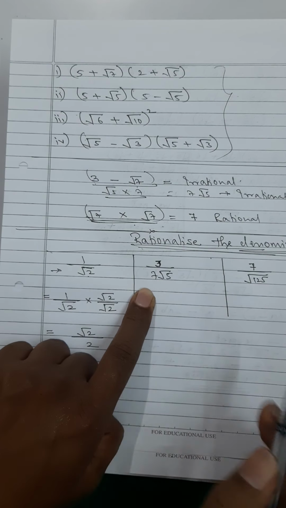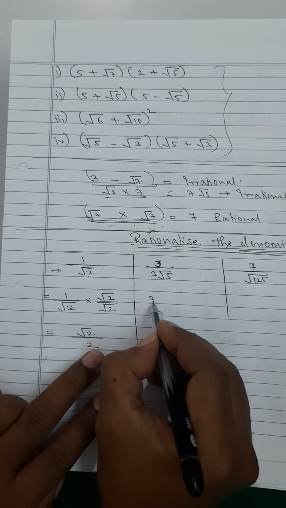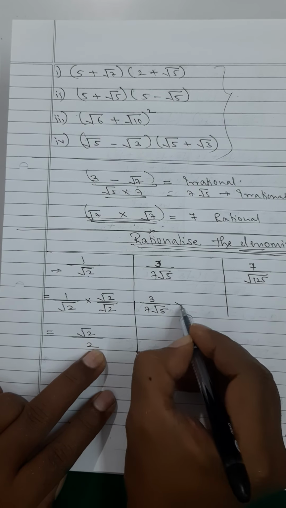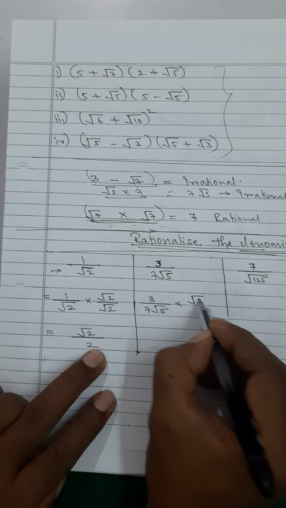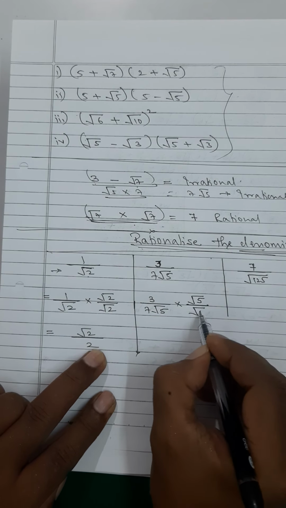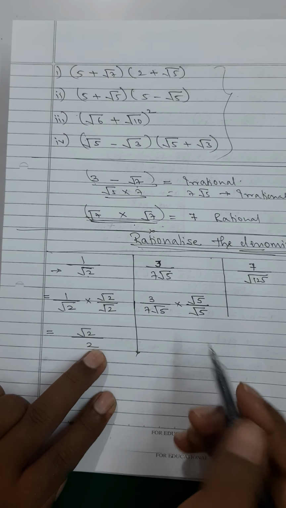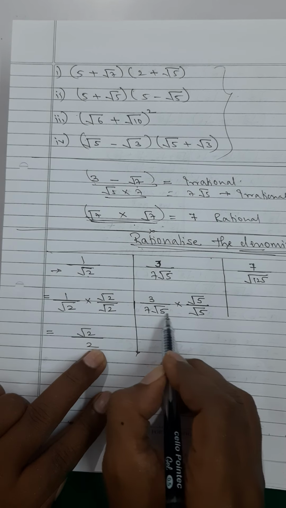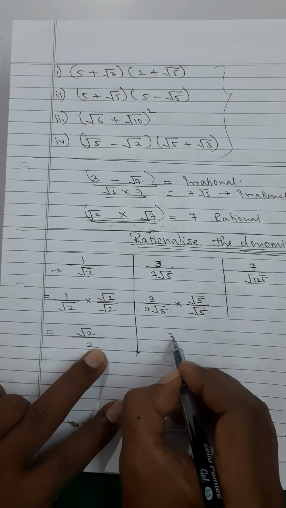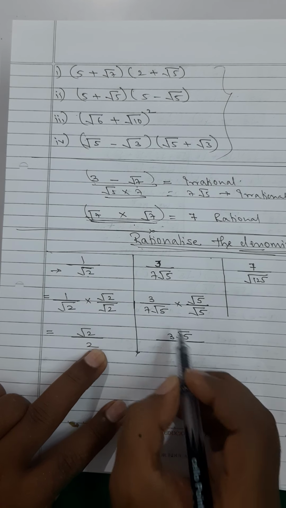See, remember what I am telling you. You should always multiply and divide by the irrational part. And the rest of the part will come as it is. See, this will be as it is written. And then I will multiply by root 5 because root 5 is the irrational part, 7 is not. And this is root 5. So now I will multiply numerator to numerator. In the next step, I will multiply numerator to numerator and denominator to denominator. So this will become 3 into root 5, which is 3 root 5 upon, this will be what?